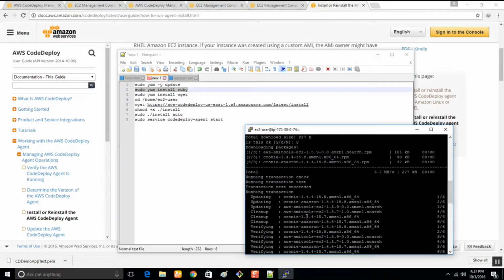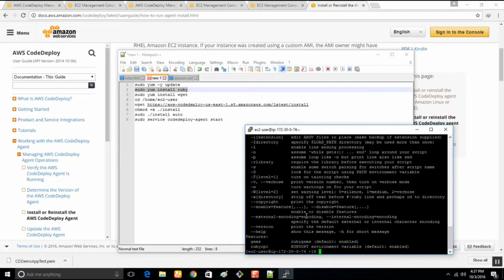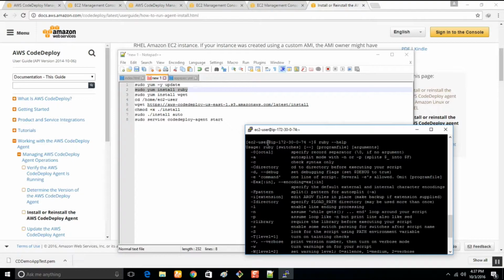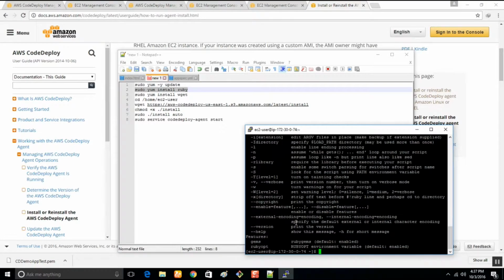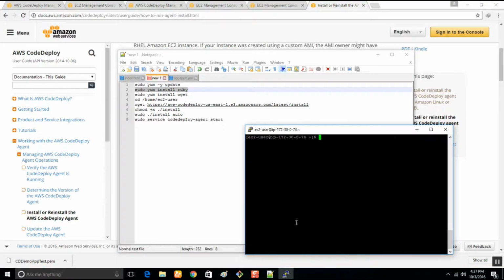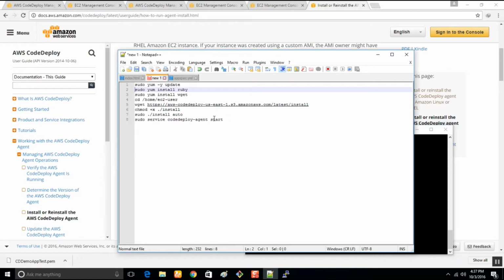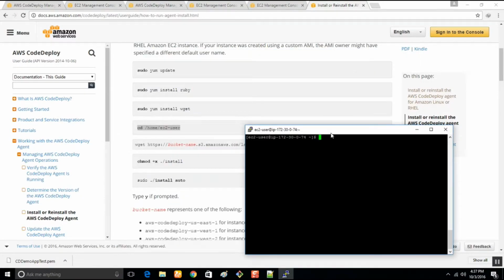Yeah, Ruby is installed. Now let's try to redeploy this and see.